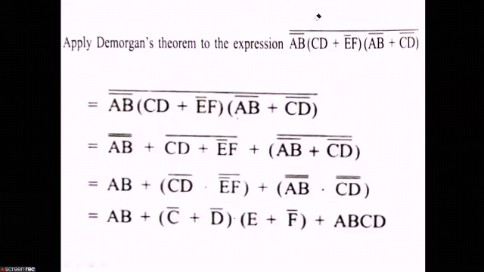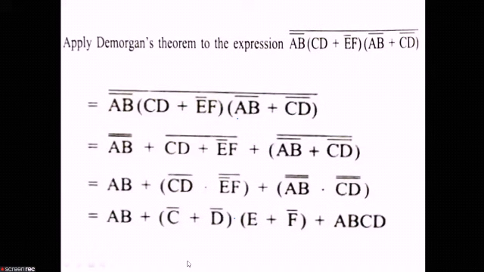Now among these two methods, you can apply either of the two methods. You can apply either the break the line or change the sign method, or the first method, that is complementing the entire given function, then changing all the ANDs to ORs and ORs to ANDs, and again complementing each of the individual variables. That is either the first method or the second method. But basically you have to see you are doing the correct minimization of the Boolean expression, that is, you are applying the De Morgan theorem, or you are De Morganizing in the right way.